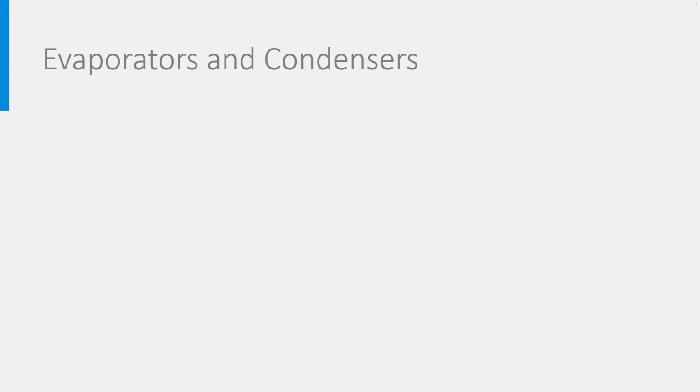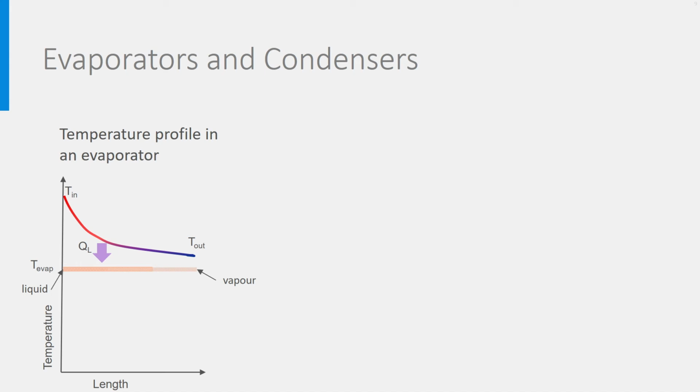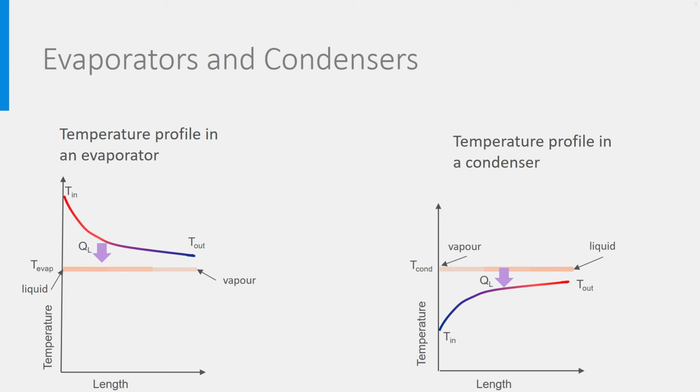Heat exchangers are also used to evaporate or condensate fluids. Evaporation and condensation are both processes that take place at constant temperature. To evaporate a fluid, a lot of heat is needed, called the latent heat of evaporation, QL. During the whole evaporation process, the temperature of the fluid remains constant. When a fluid condensates, it releases a lot of heat, equal to the latent heat of evaporation, QL. During the whole condensation process, the temperature of the fluid remains constant.